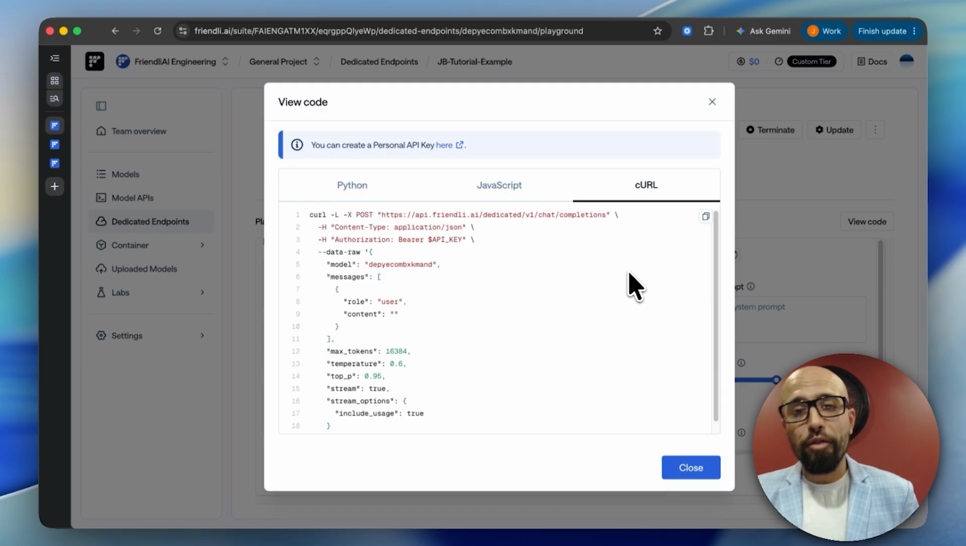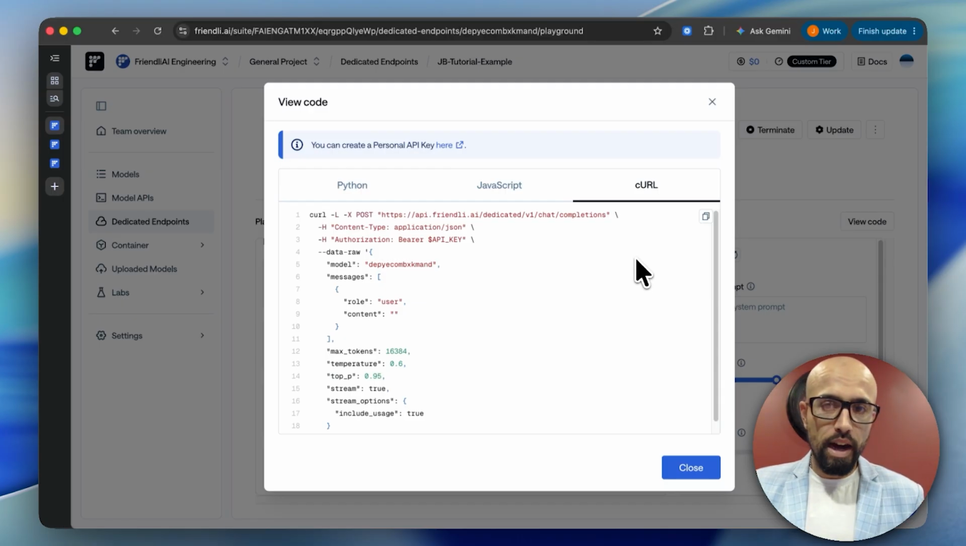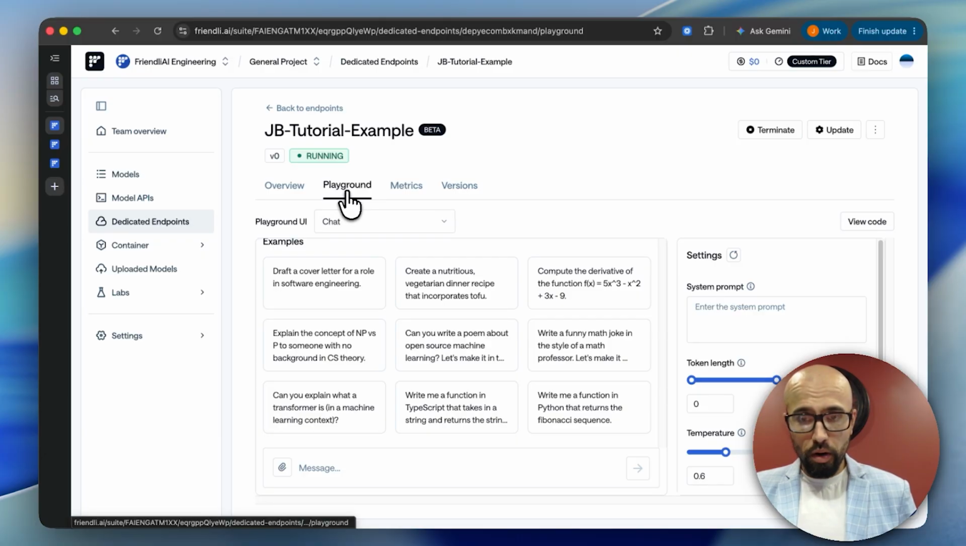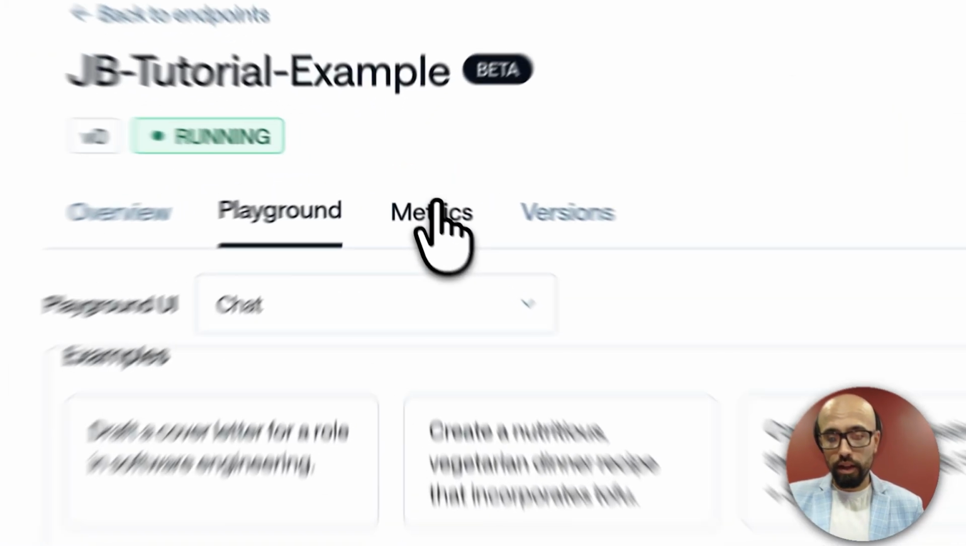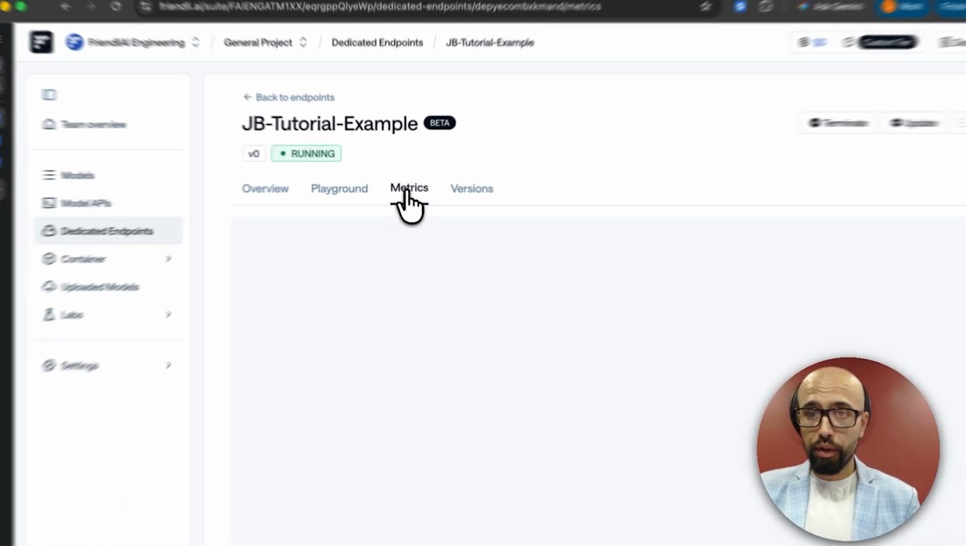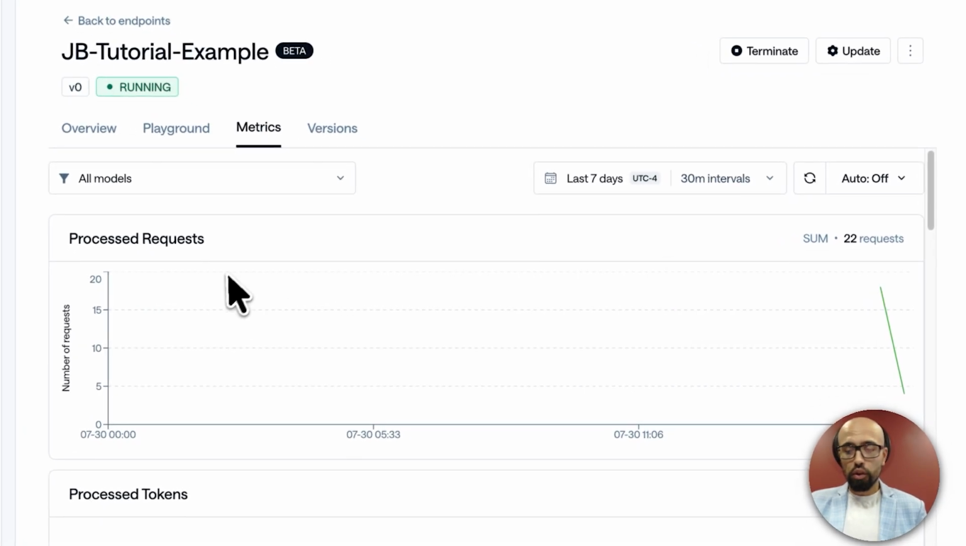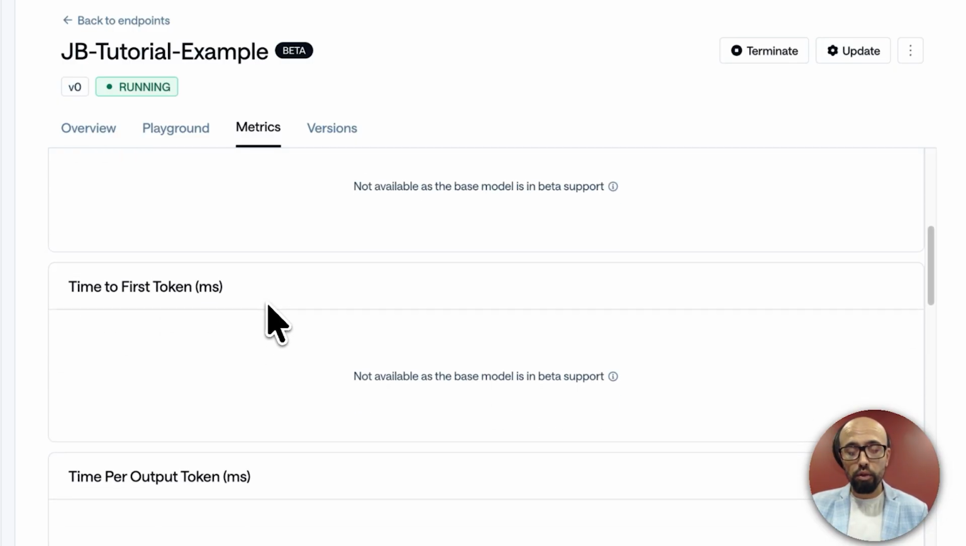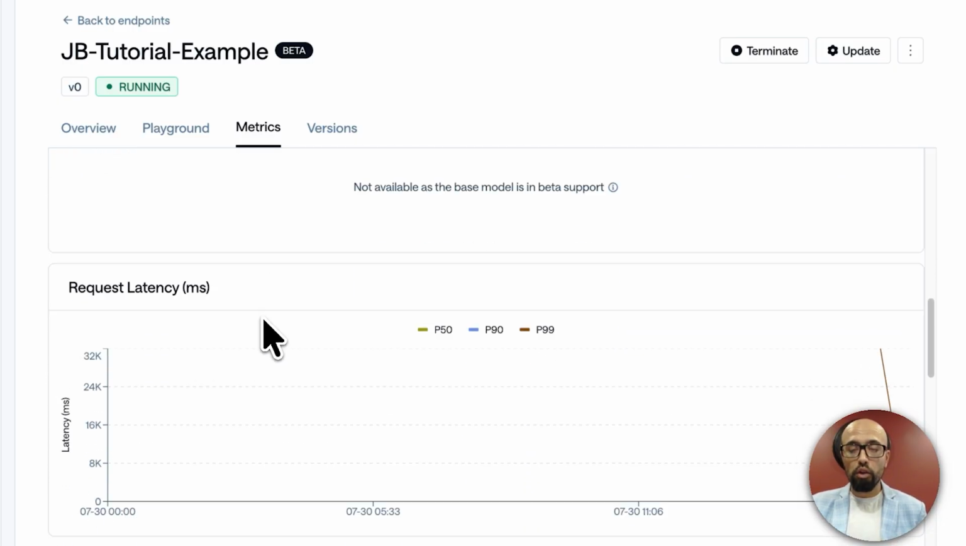So before we go back and read our goodbye from our model, I did want to highlight a few more things here in our UI. Importantly, next to our playground tab and similar to our model APIs, we have an option to view metrics for this dedicated endpoint. So same as before, we can see this broken down to the processed requests, the processed tokens, as well as some latency metrics: time to first token, time per output token, and overall